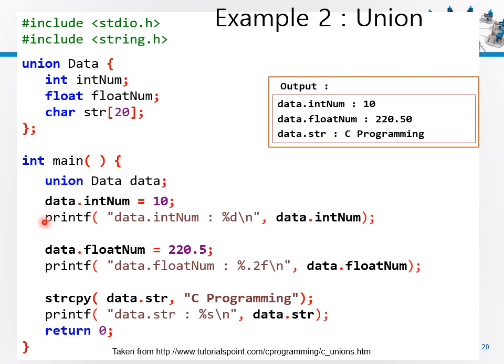Not like the previous example, where we collected all the data, data.integer num, data.float number, and string copy, at first before printf. This time, after we declare each data value, we do printf. We list the data for float number, call printf, and then string copy, then we printf, so that